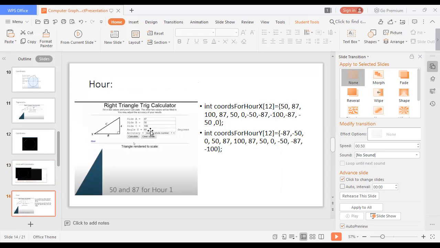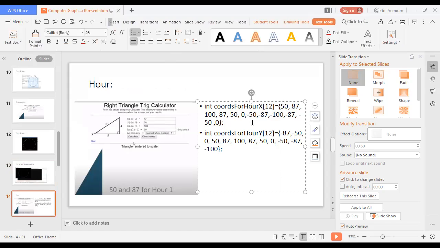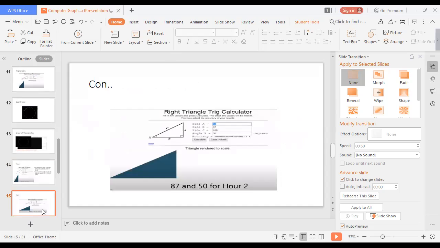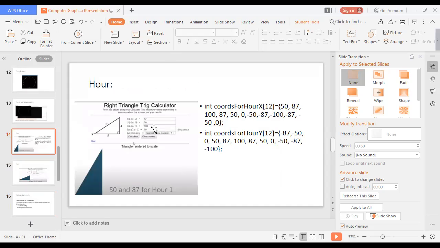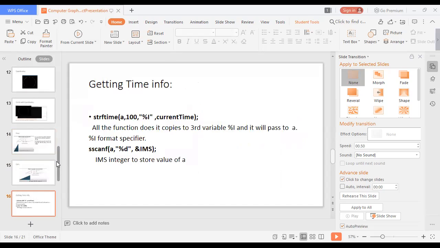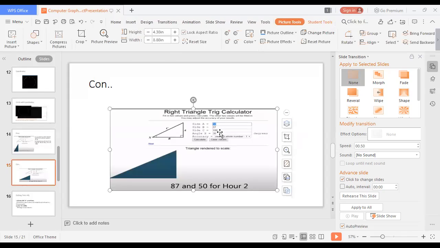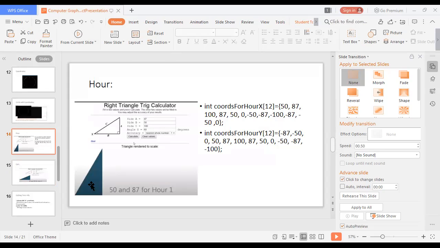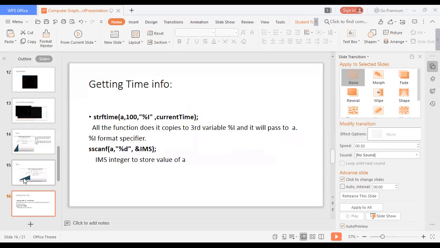We just put 60 and 100 as its side, and what we do gives us 50 and 87. You can see this and this one for its x and y. After this, we calculate its angle; this is the first angle, and this one is the second angle. After calculating its angle, we again got the same points, 87 and 50. Okay, after this we just calculate its hand.